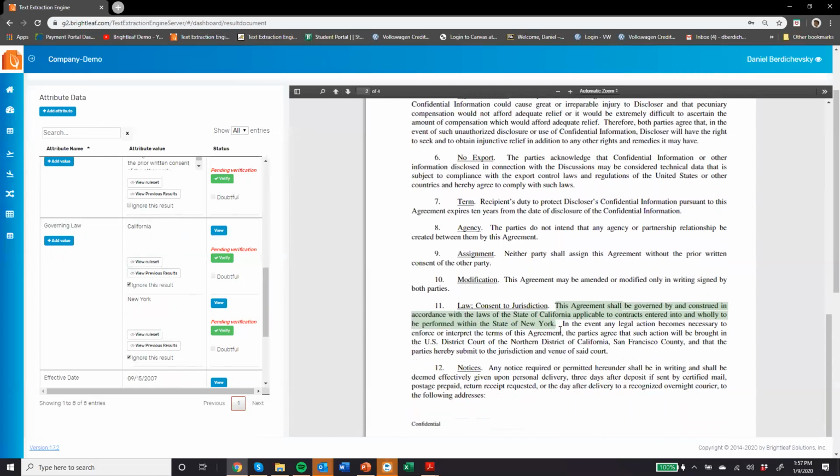Now, the software reads and understands that this section contains the governing law. However, it doesn't know which state is the proper governing law jurisdiction. So it's crucial for someone with legal knowledge to read this section and to make this judgment call, which is something the software cannot do. So in this instance, I understand that New York is not the proper governing law, so I'm going to retain this ignore result section. But here, since California is the proper governing law, I'm going to uncheck this box